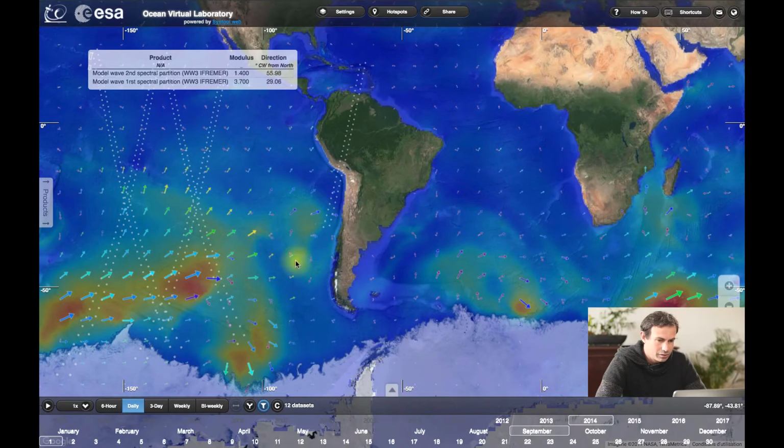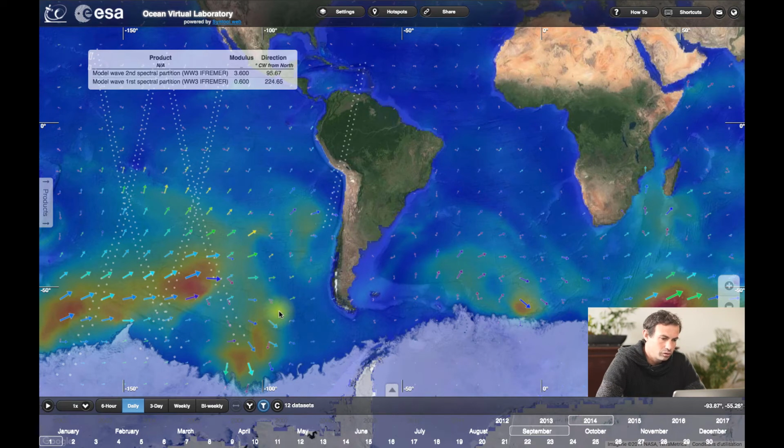So I will now introduce you to the SAR waves. What we see is focused on the Southern Ocean, where on the very southern part we have the sea ice. So we see the sea ice limit. And above it we see in the background